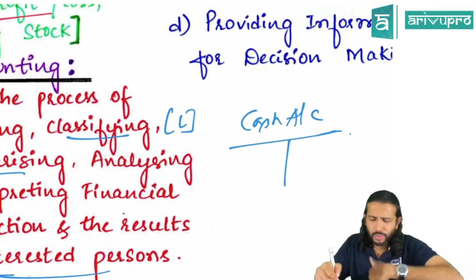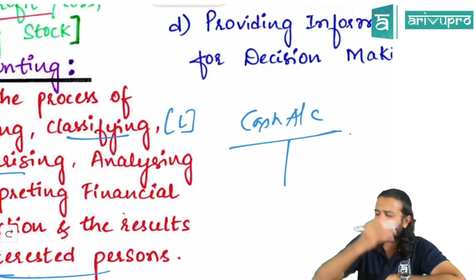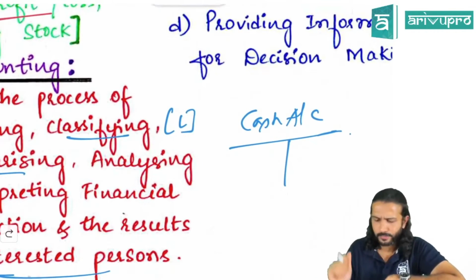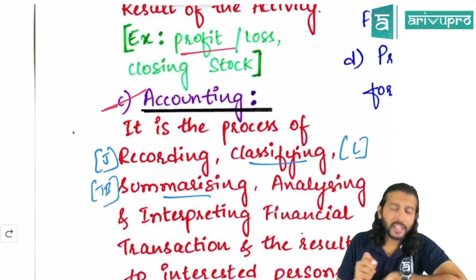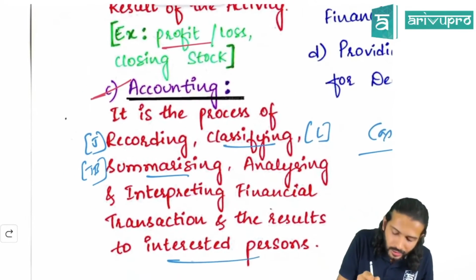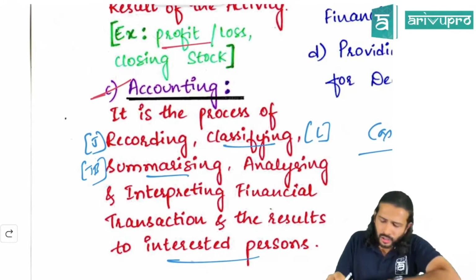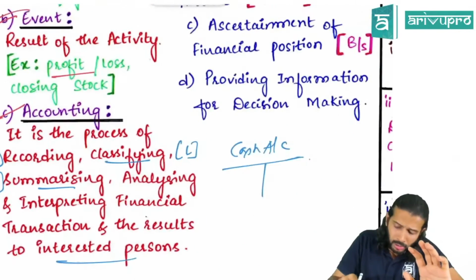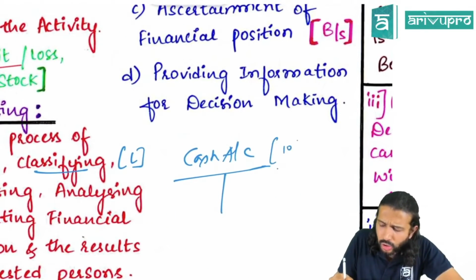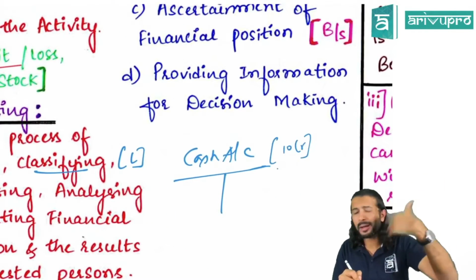So it just gives you the total of whatever transactions have happened during the whole year. Fine. That is your classifying activity. Next is summarizing. Summarizing means trial balance. Meaning, sir, you may have 100 crore of journal entries, but you may also have maybe about 10 crore of ledgers, because you might be dealing with a lot of